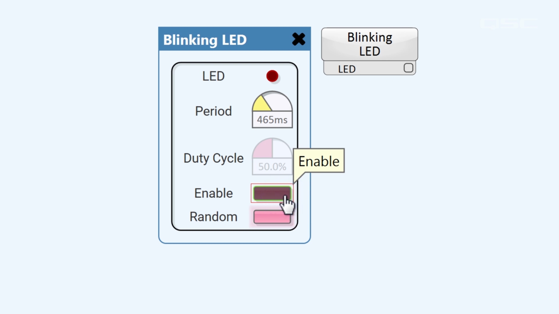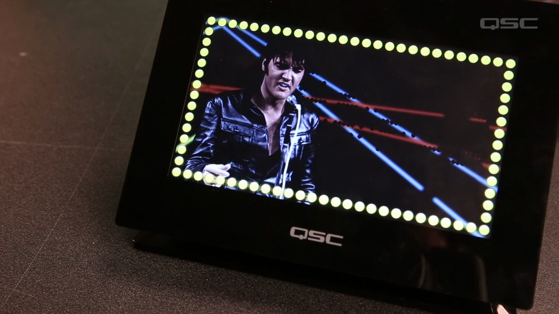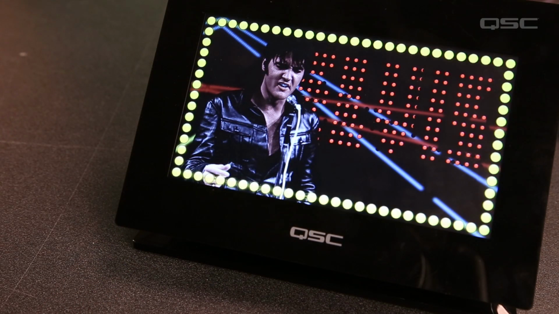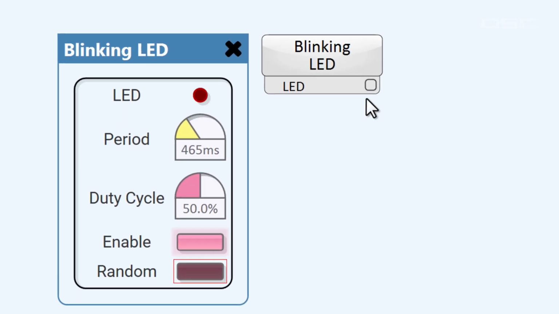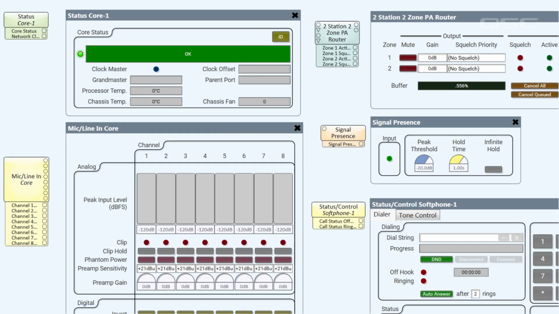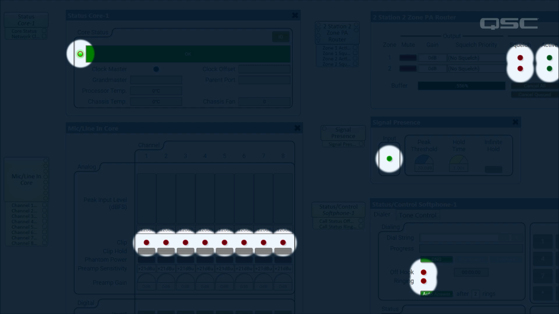So what is the point of this? If you were just dying to get some flashy cabaret lights on your UCI to make it look like an old school Vegas marquee, then this is your component. Or, more importantly, you can use the LED output control pin to send an alternating true-false signal elsewhere in your design. You can find LEDs in many components in Q-SYS, but don't be fooled into thinking these are simple indicator